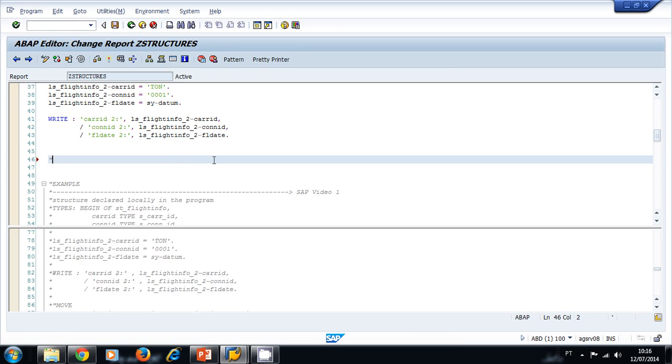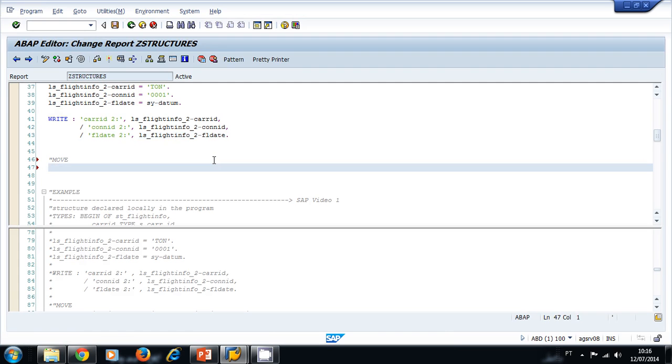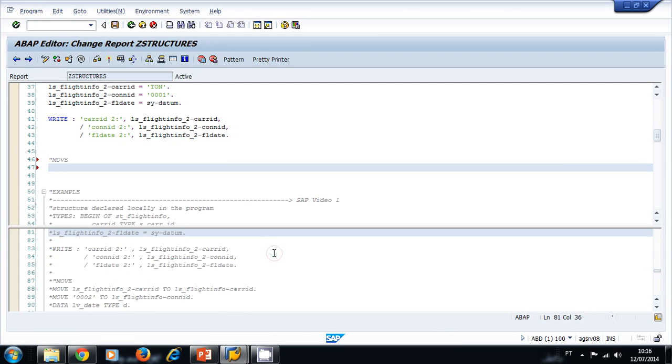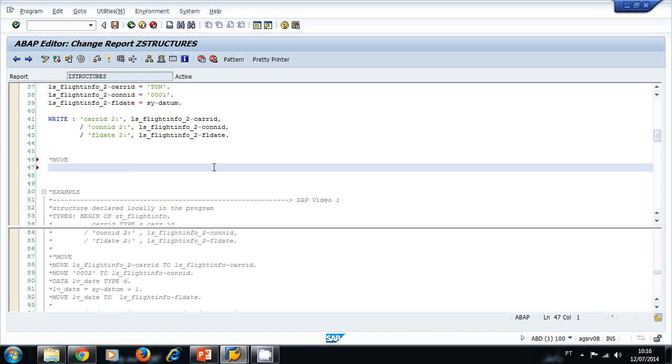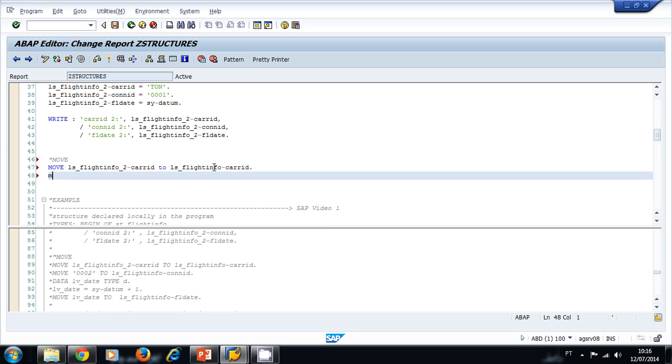Let's try using the move statement to move the value from one component of a structure to another component. So for example, we can use move. Let's move the car ID from the second structure to the car ID of the first structure. So we use the ABAP statement move. We can also move values. For example, let's move another code for the flight to the first structure,